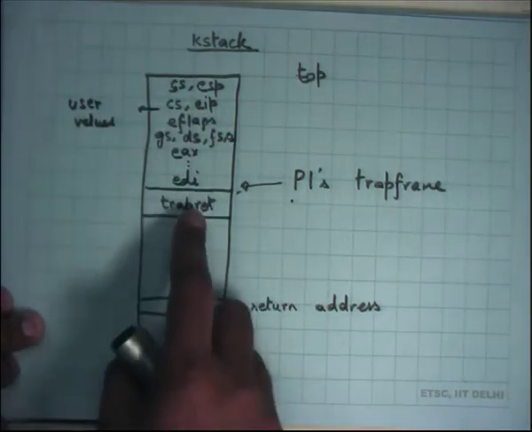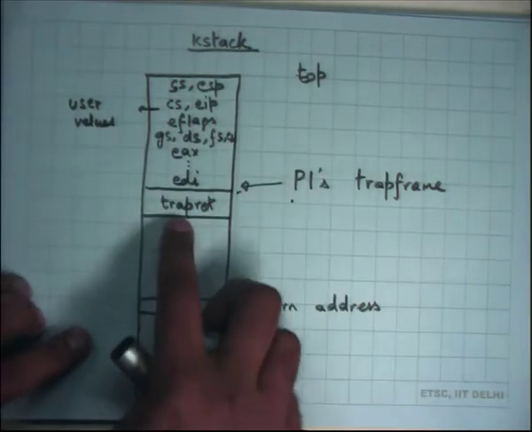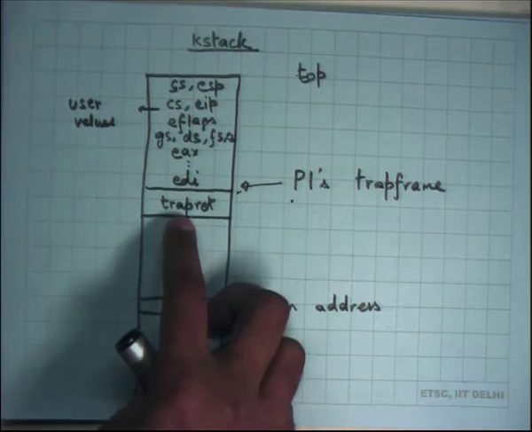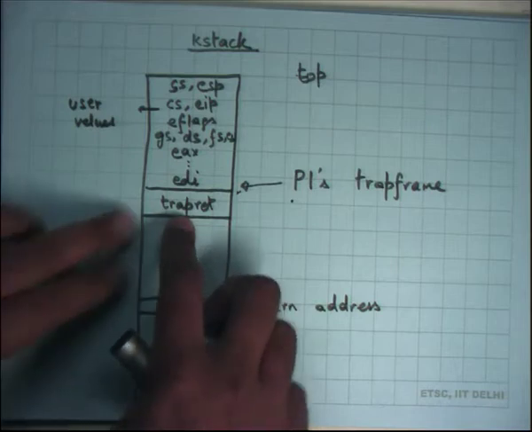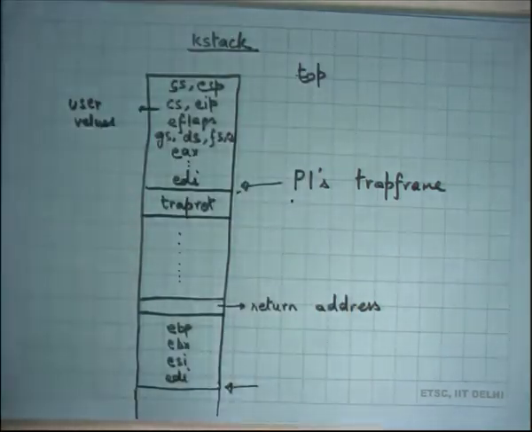So you just, let's say, make a call to another function. But in doing so, you should ensure that the return address that's pushed on the stack is the address of this function called trapret, right? And trapret is going to execute these instructions, which will pop all these registers and call iret, right?